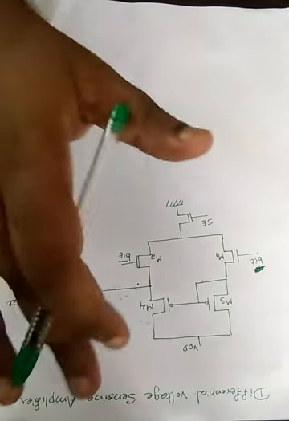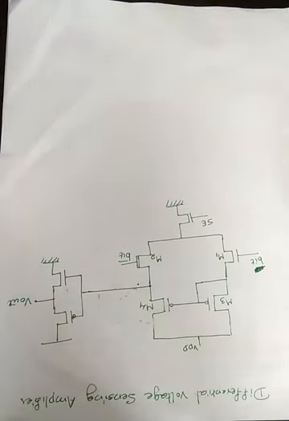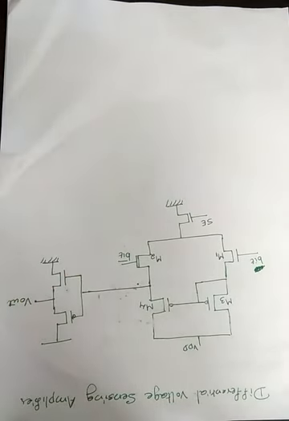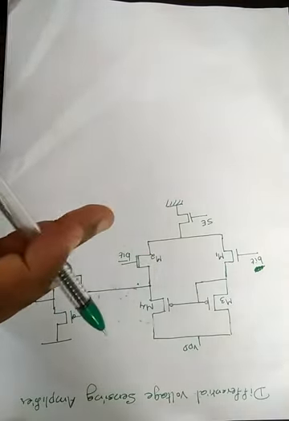So simply in a single sentence, we can define this sense amplifier as a circuitry that helps to improve the performance of or enhance the performance of a memory cell. The basic sense amplifier that we are dealing with is differential voltage sense amplifier that we have drawn here. This is a differential voltage sense amplifier. We have to analyze this circuit, how this circuit is working.